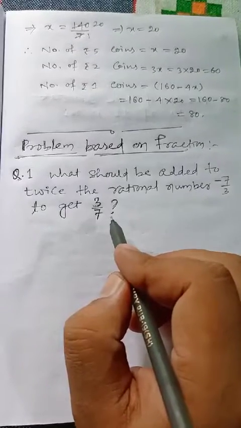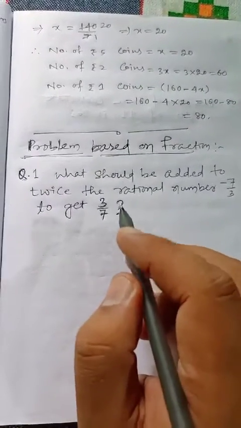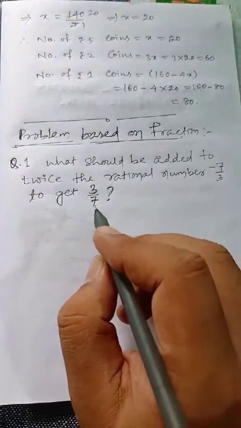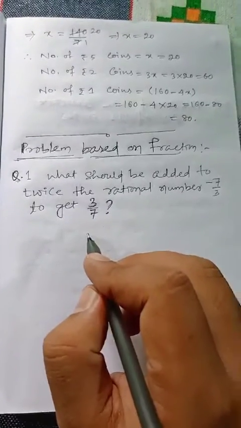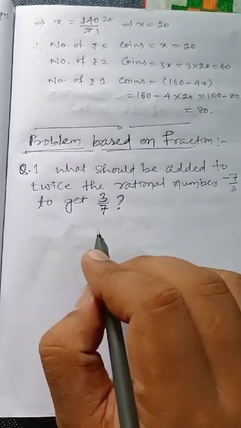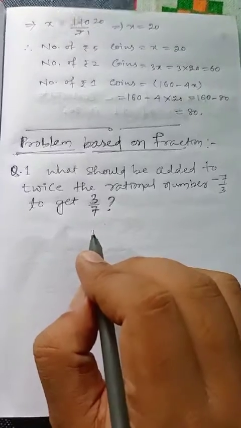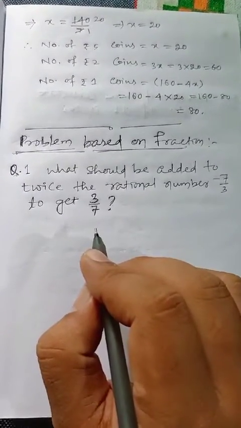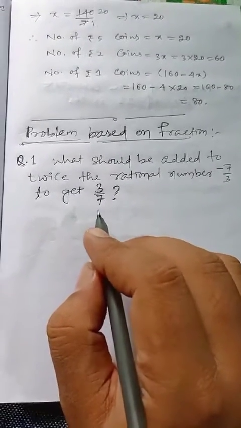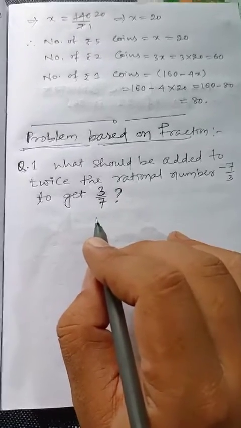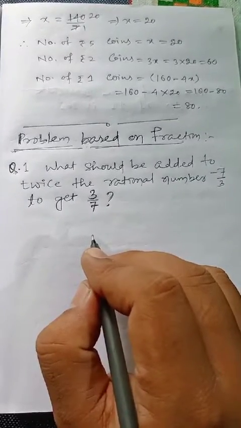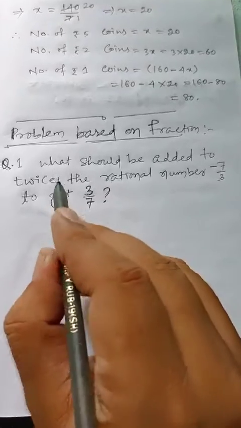So, students, again I am telling you the steps of solving a word problem. The first and most important step is to understand the question. We have to understand the question properly, then identify the numerals on which the mathematical operations have to be performed, and after finding the numerals, we have to form the equation. After forming the equation, you know how to solve it. So let's do it. First of all, let us understand the question.